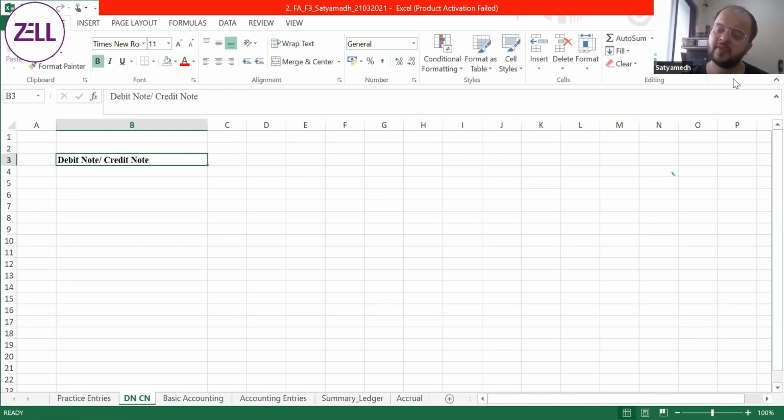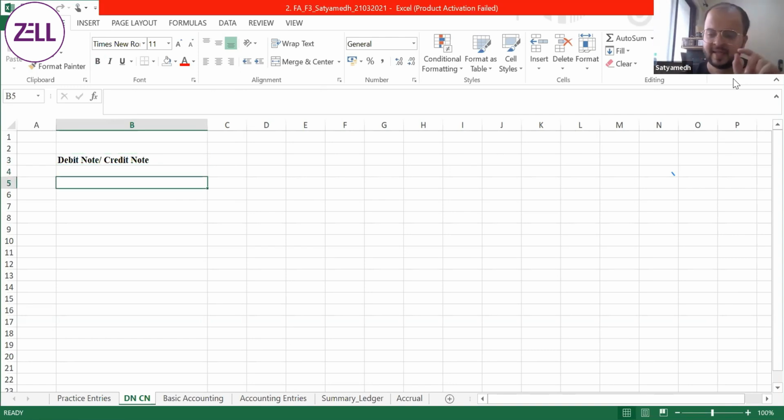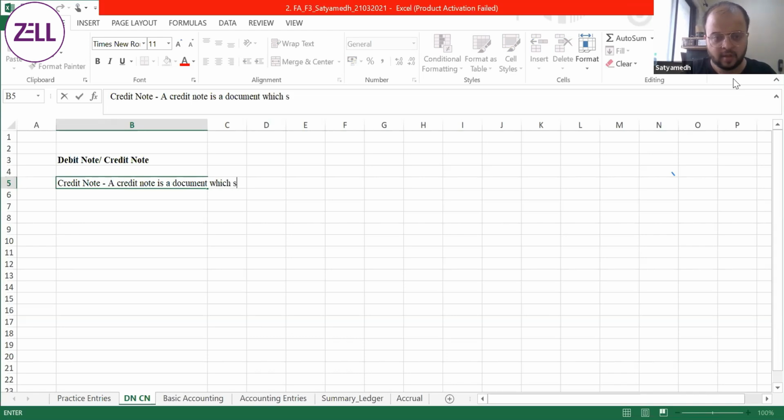Sometimes, guys, it becomes so difficult to remember which is used for what. It becomes so difficult to draw that parallel. याद रखना भूल जाते हैं, बहुत सारा होता है. तो let's have a very simple way of understanding this. When I say credit note, a credit note is a document which says